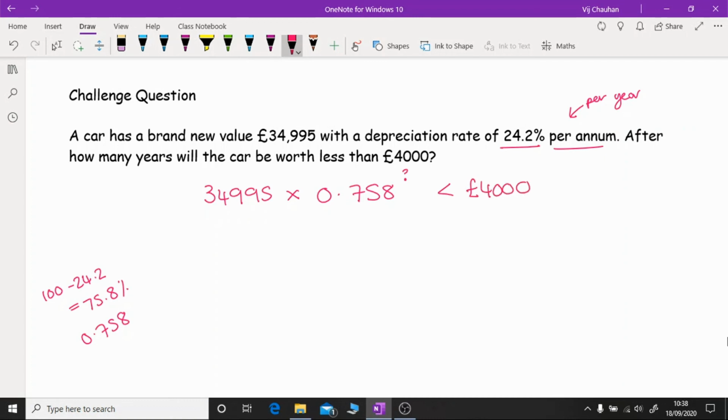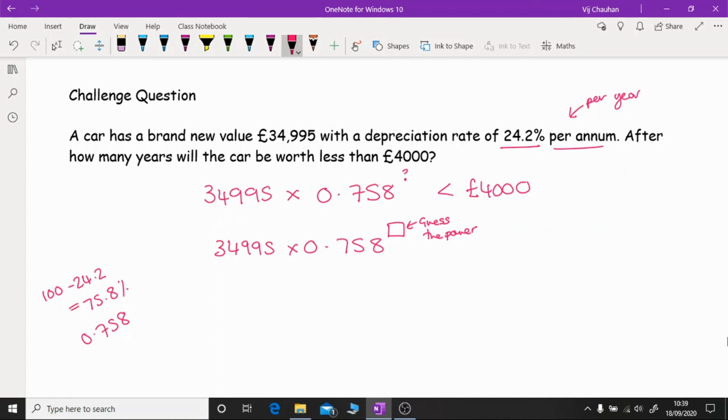Now as I mentioned, there is a way of working this out without having to do any guessing, but unfortunately at this level it is all about guessing. So what you need to do is use the format 34995 times 0.758, and simply plug in and guess numbers for the power. So guess the power, and what we want is to find the number that gives us our first value under 4,000. So for example, 34995 times